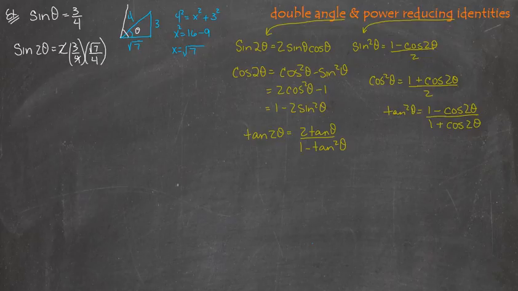Now I can do a little bit of reducing here, and so I end up with 3√7 over 2 times 4, 3√7 over 8. That's the sine of 2 theta. So the cosine then of 2 theta